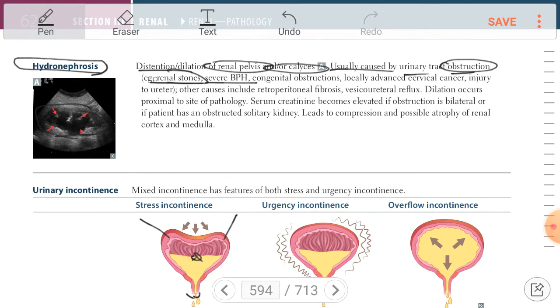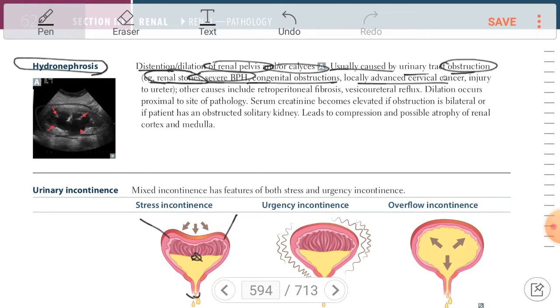So there is renal stone that will cause what? That will cause ureter obstruction, leading to hydronephrosis, or severe benign prostatic hyperplasia leading to bilateral hydronephrosis, or congenital obstruction, or locally advanced cervical